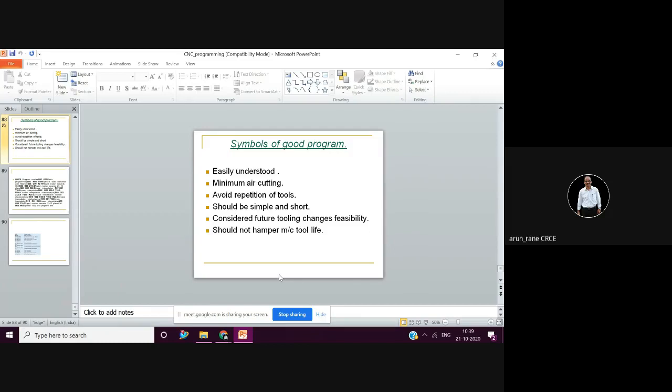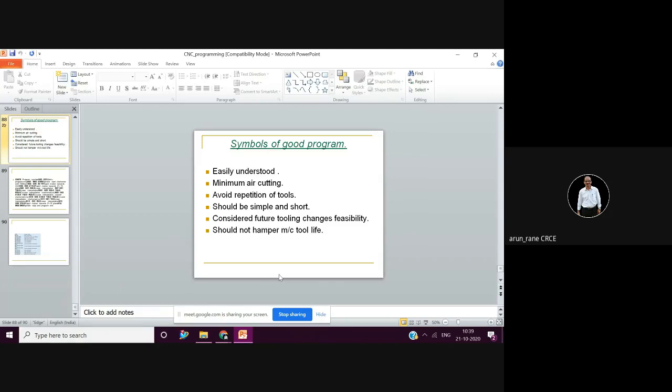But now the workers have understood, after globalization, after the competition, after the entry of foreign companies, that not only do they have to do their work properly, but they should have multi-skilling also. Not only should he be able to do CNC lathe, but he should be able to do CNC milling also, wire cut also, EDM also, because it's the era of multi-skilling.